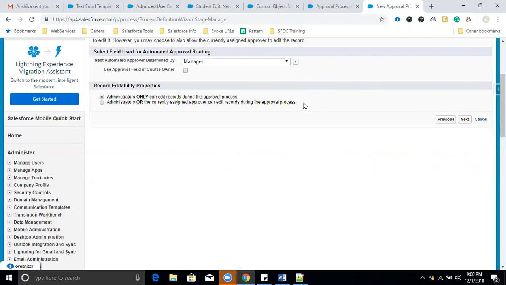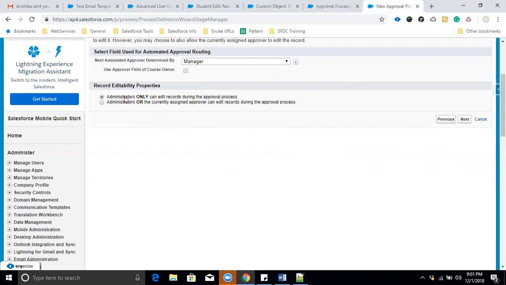And once you submit that record to the approver, if he also needs access to that record, then you can select this checkbox. Understood the difference between these checkboxes? In the first case, it will only have a right to make changes in the approval process. In the second case, it can also approve.